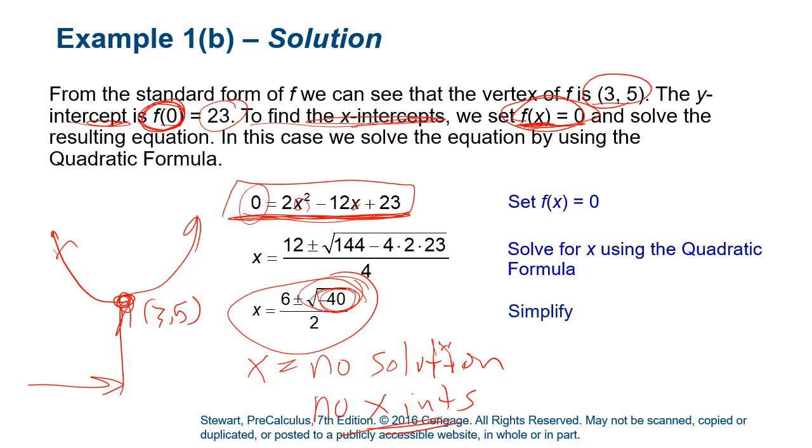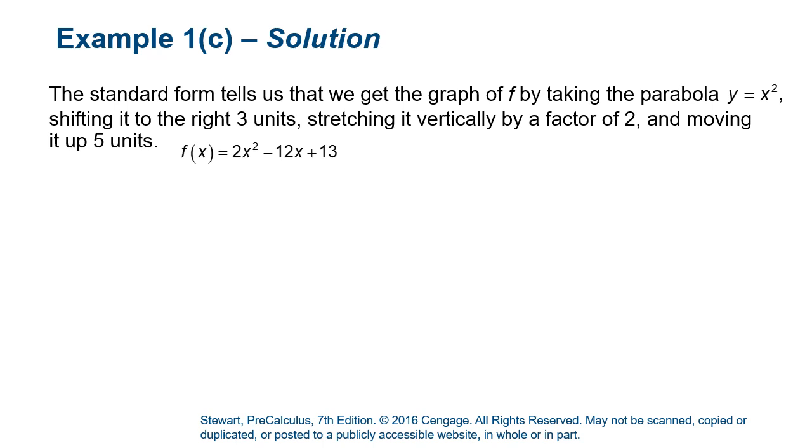So put that all together, and we can get our graph. Our function 2x squared minus 12x plus 6, we could also say is 2 times x minus 3 squared plus 5. Okay. So we could take a quadratic, a squaring function. We'll go right 3 units. We're going to stretch by factor 2, and we're going to go up 5 units. Okay. So if we were to graph that,